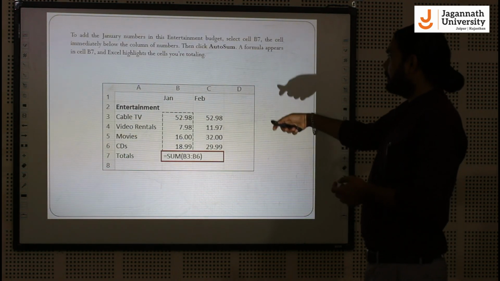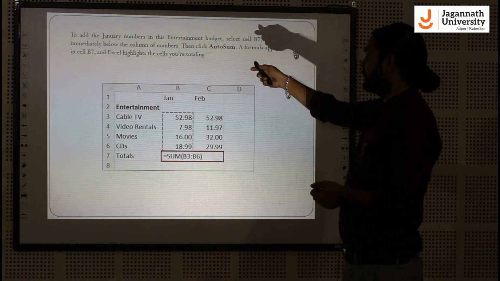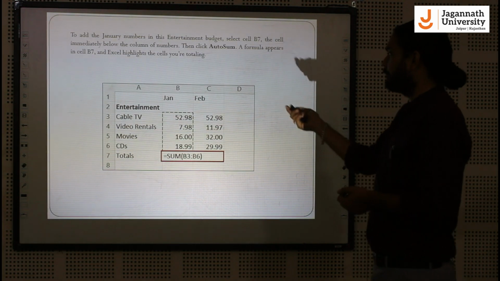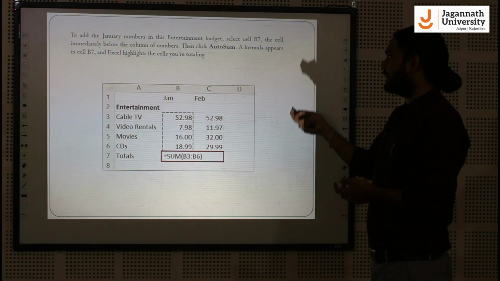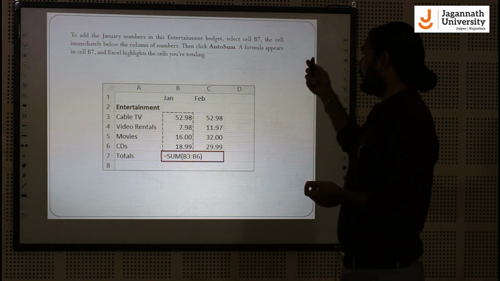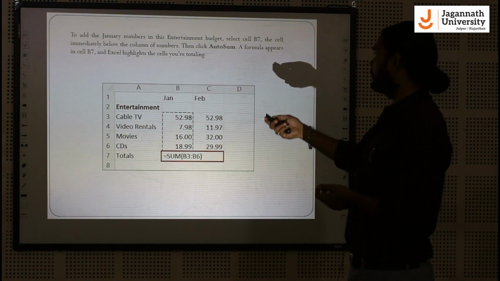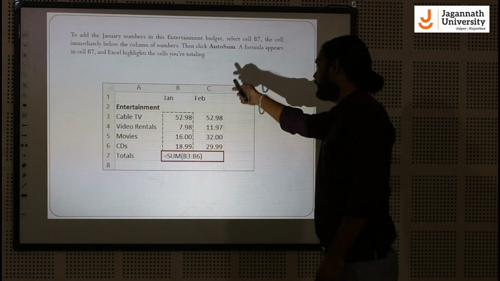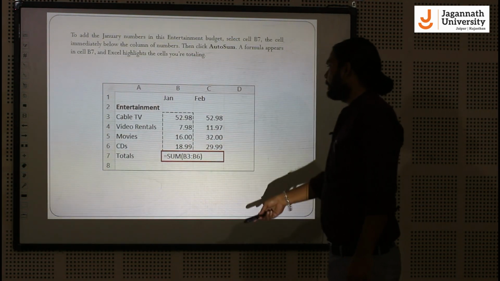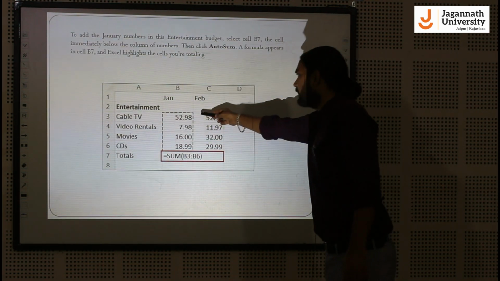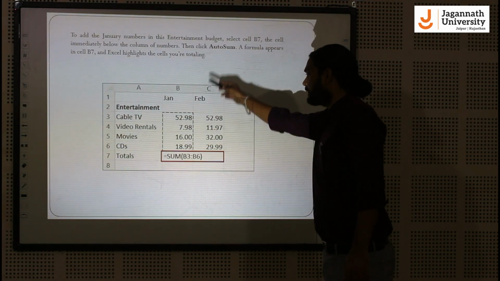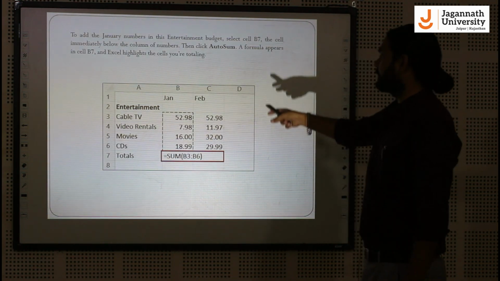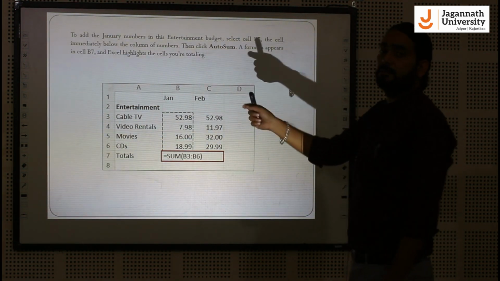Here is an example. Here the columns are A, B, C and D, and when we talk about the rows, they are 1, 2, 3, 4, 5, 6, 7, 8. In the columns, Entertainment, January and February are the options, and we can AutoSum like equal to SUM(B3 to B6). It means B is the column and 3 is the row, B3 to B, that is the column, and 6, it will add our data, that is B3 to B6, then the formula is equal to SUM(B3:B6).